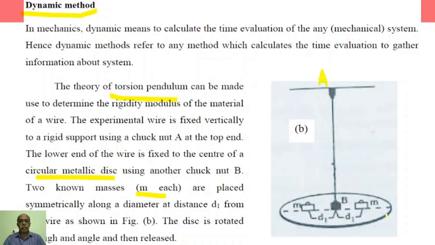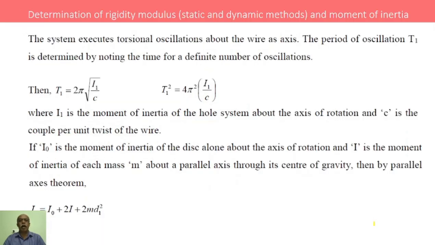The disc is slightly rotated through an angle theta, and then the disc is released. Now the disc executes torsional oscillations about the wire as axis. The period of oscillation T1 is determined by noting the time for a definite number of oscillations, say 10 oscillations